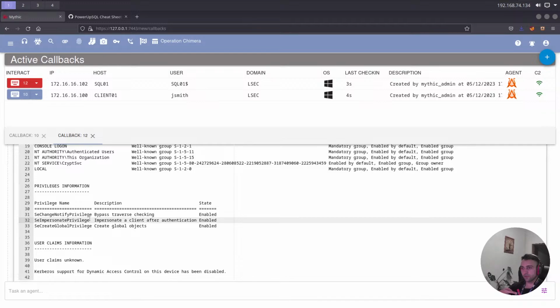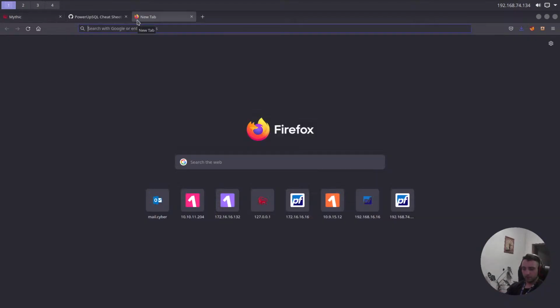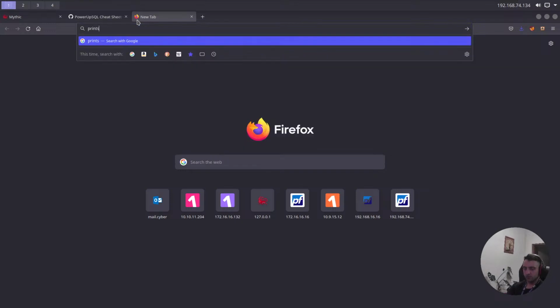We can either go RDP there, establish an RDP session, and then do that with Winpwn, which apparently is a tool from Sheet Secure that has automated stuff for all of this, but we can try the manual way because we're using Mythic. So we can do PrintSpoofer, we can do PrintNightmare,